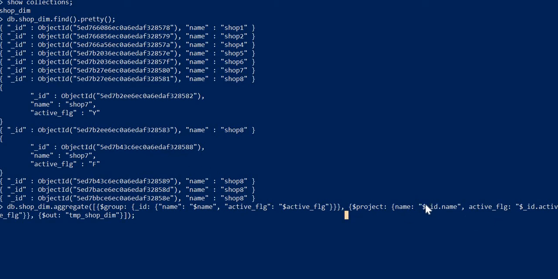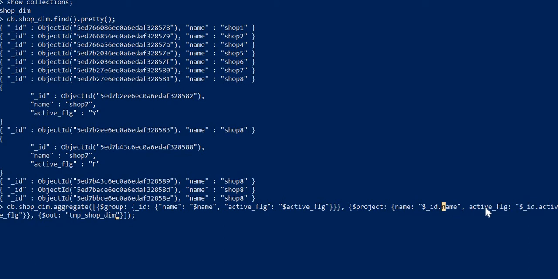So these are basically the golden records which attach to this new collection. The new collection name is game_shop. So this is the collection where we are projecting the values of the golden records, and as you